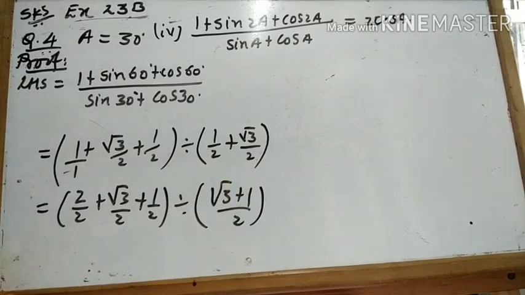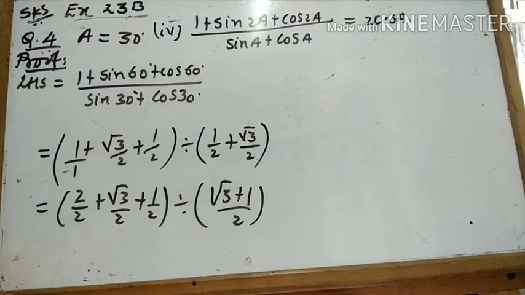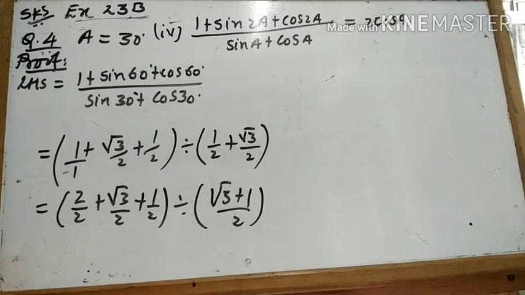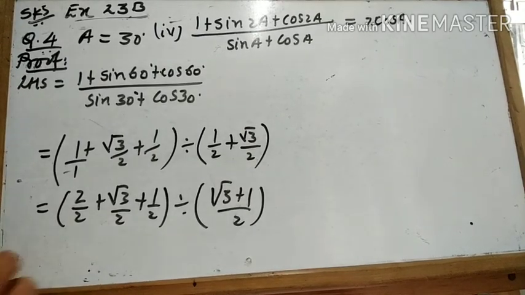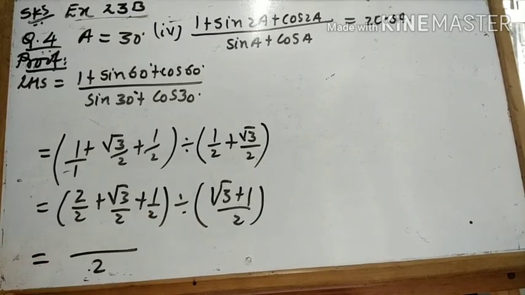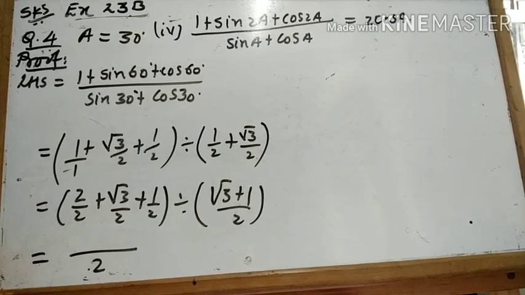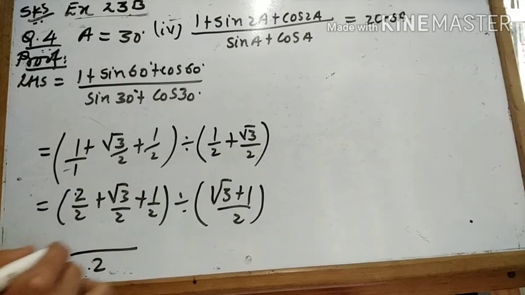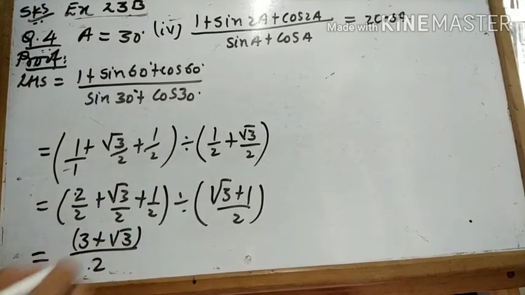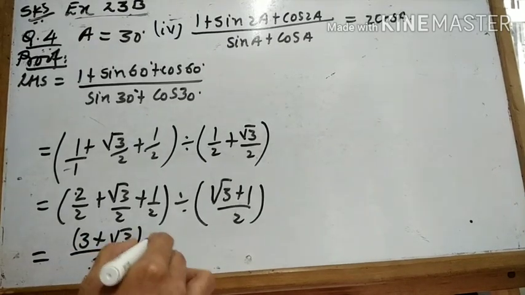You can even write down 1 plus root 3, but generally you will write down the bigger number first. Why is root 3 the bigger number? Square root of 3 is 1.732. Now if you observe the first bracket, all of them have the same denominator. So I am writing 2. 2 plus 1, 3. So it will be 3 plus root 3 divided by,